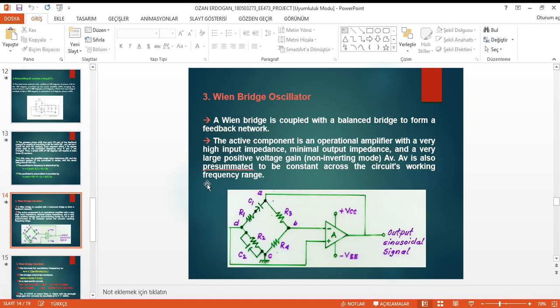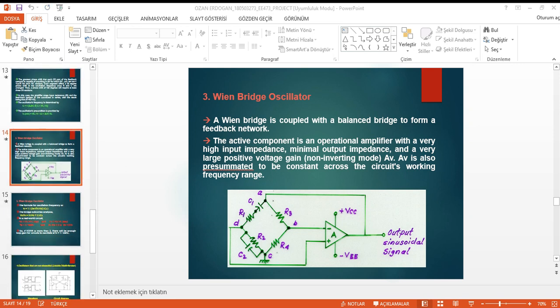Another type, the Wien-Bridge oscillator. Wien-Bridge networks are low frequency oscillators which are used to generate audio and sub-audio frequencies ranging between 20 Hz and 20 kHz. Further, they provide stabilized, low distortion sinusoidal outputs over a wide range of frequency, which can be selected using resistance